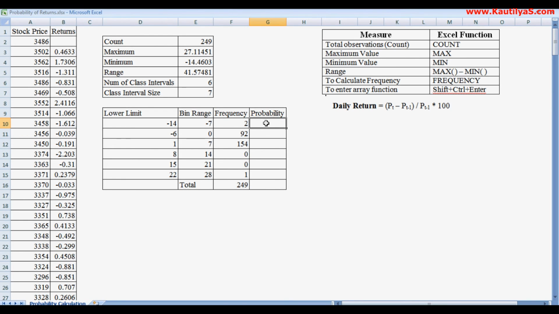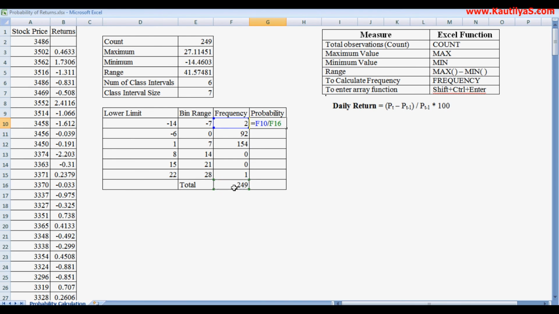Now how are we going to calculate the probability? Probability is the number of events in a particular class interval divided by the total number of observations. So in our range -14 to -7, we have 2 observations divided by the total number of observations.